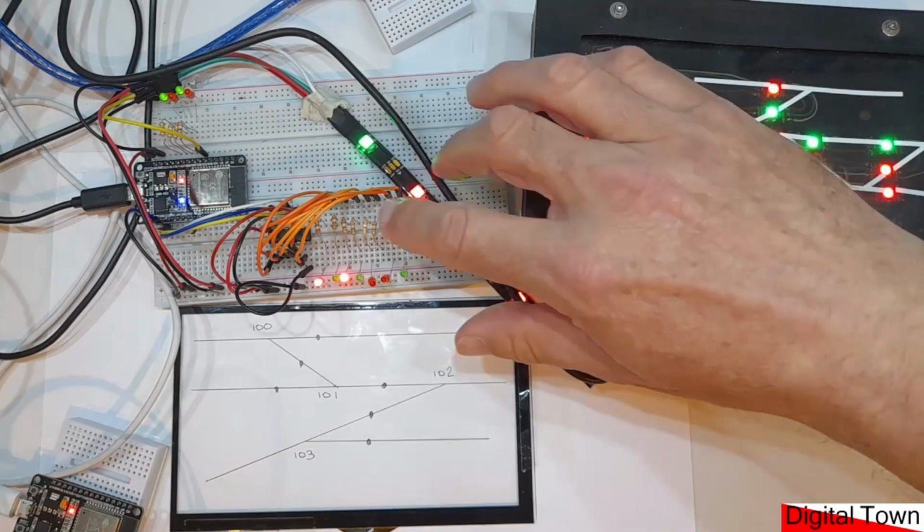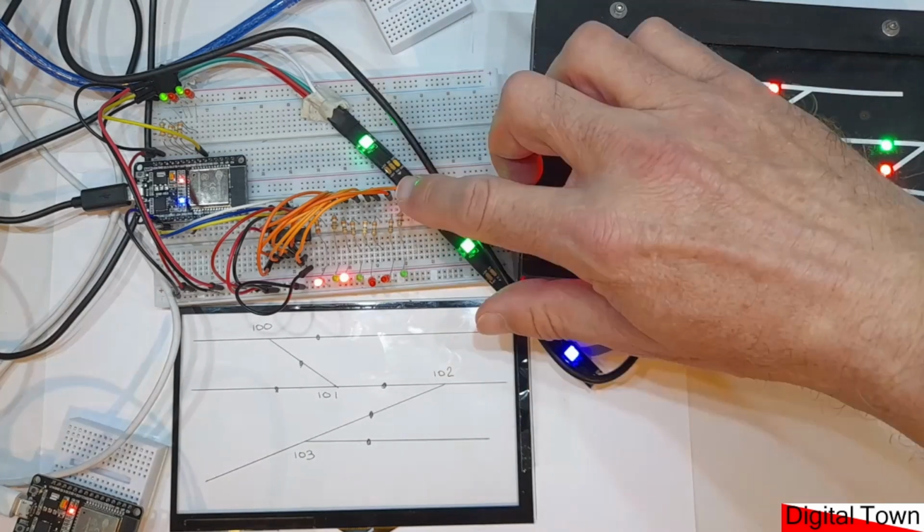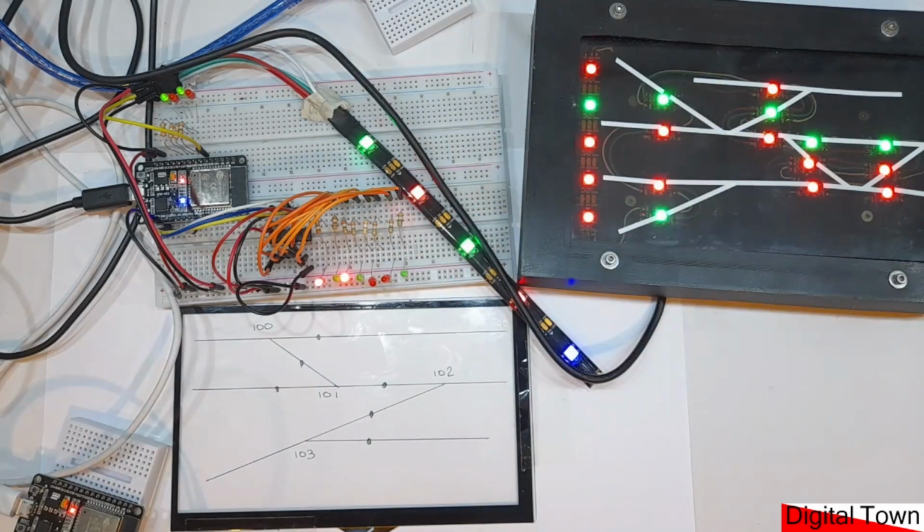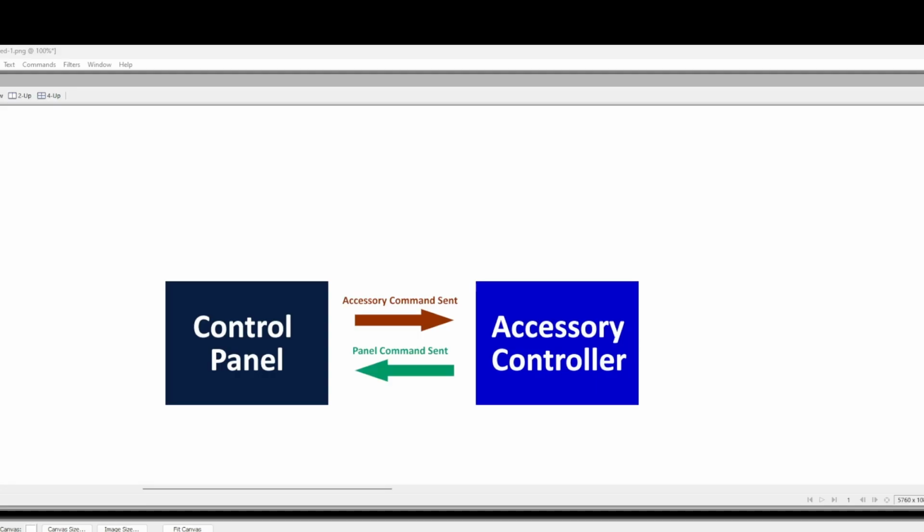But I'm also going to be showing you over here how you can use LEDs in a number of ways instead of the touchscreen and Neopixels. So let's get started. The first thing we need to do is understand how nowRail works. Now, when you have your control panel, and I'm thinking now GT911 touchscreen or buttons, stud and probe, whatever you want to use,